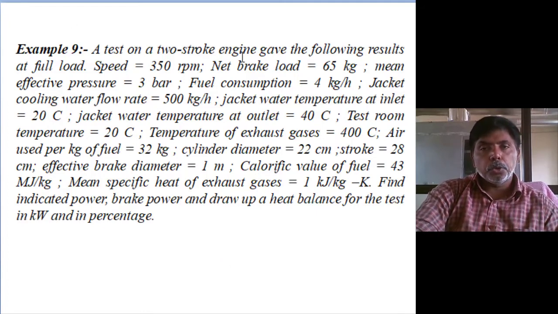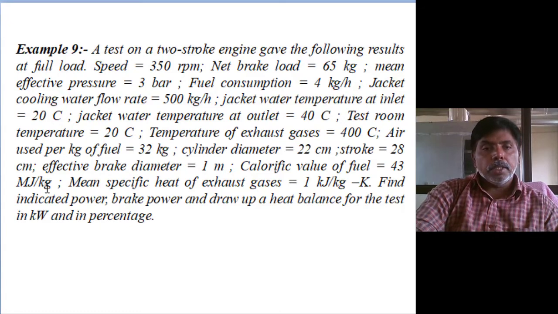A test on a 2-stroke engine gave the following results at full load: speed 350 rpm, net brake load 65 kg, mean effective pressure 3 bar, fuel consumption 4 kg per hour, jacket cooling water flow rate 500 kg per hour, jacket water temperature at inlet 20 degrees centigrade, at outlet 40 degrees centigrade, and test room temperature 20 degrees, temperature of the exhaust gas 400 degrees centigrade, air used per kg of fuel is 32 kg, cylinder diameter 22 cm, stroke 28 cm, effective brake diameter 1 meter, calorific value of the fuel is